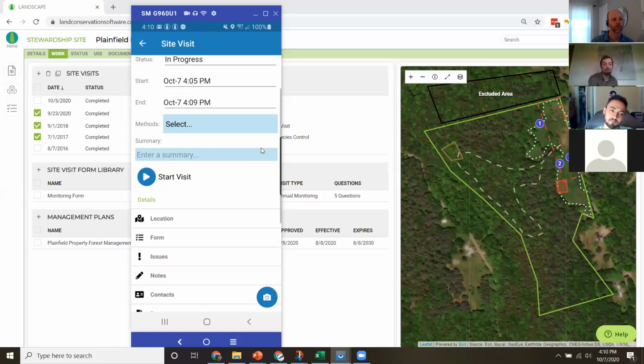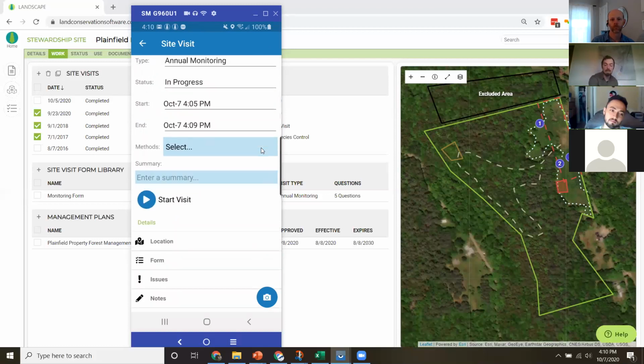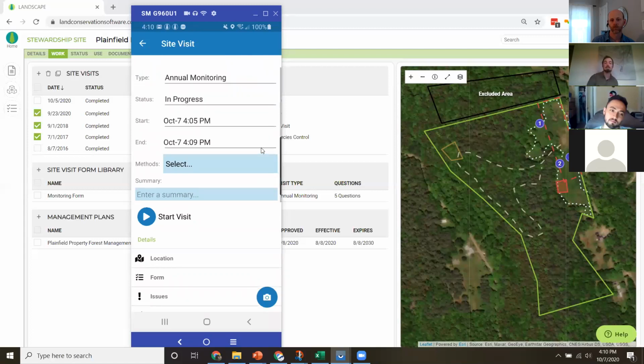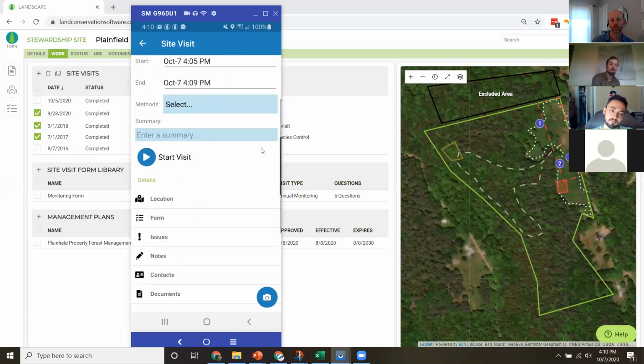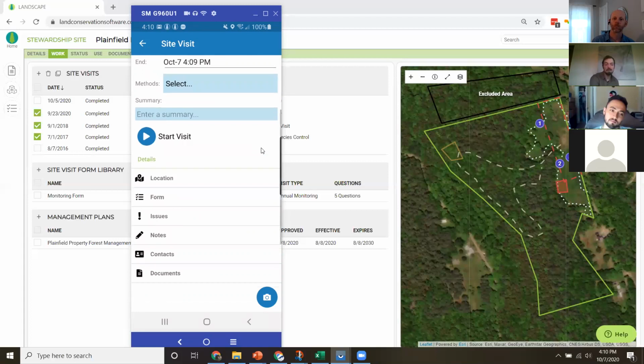We tried to make it simple to accommodate volunteer organizations who don't have a lot of time for training, but we also tried to keep it comprehensive so that stewardship staff could gather all of the data that they really need in the field. The final thing that you can do while on a site visit, I pointed out that